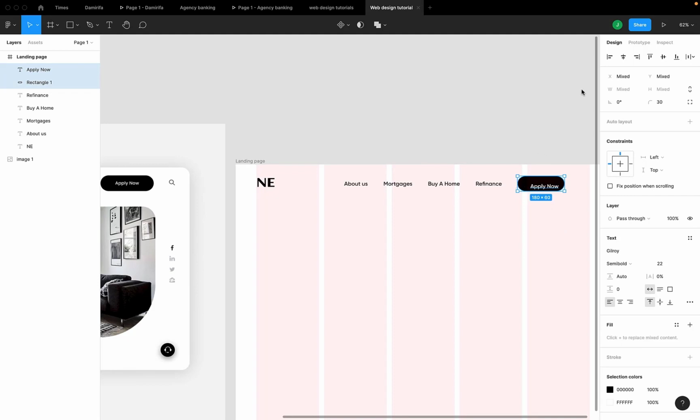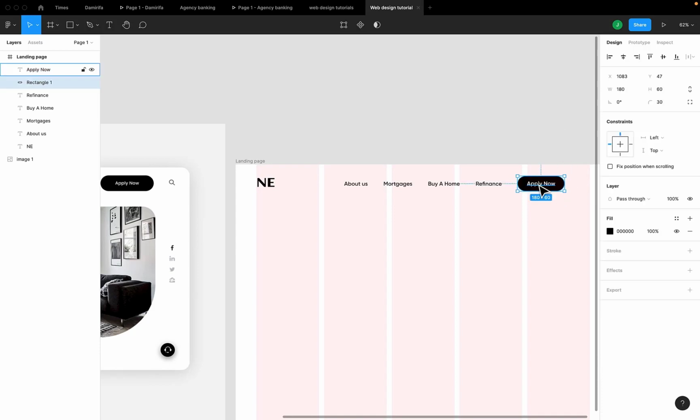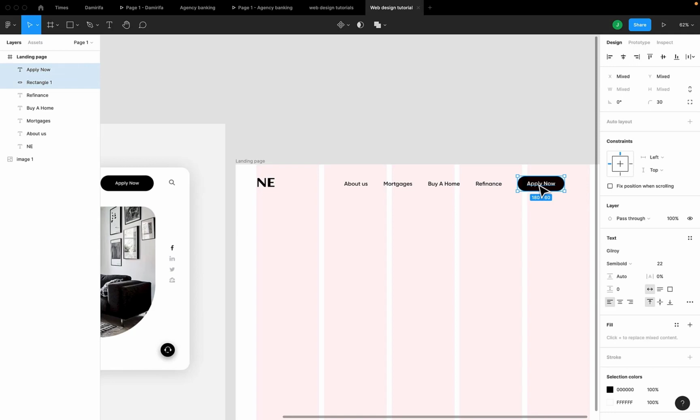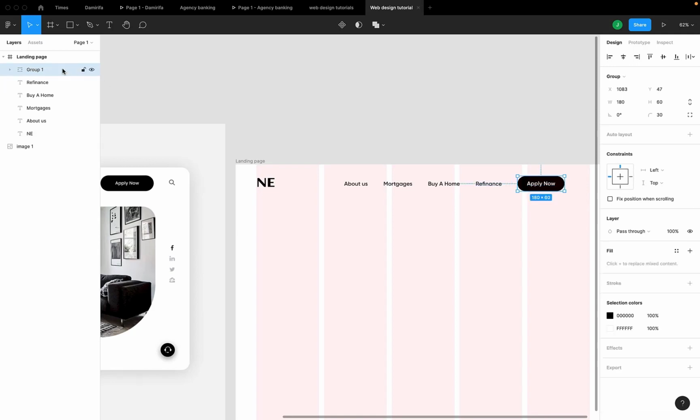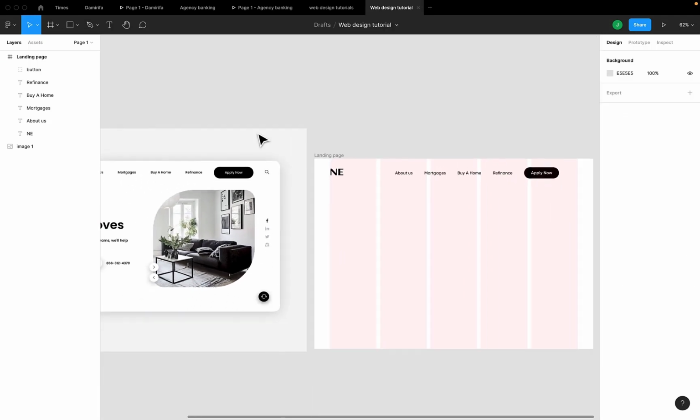The next thing I have to do is make sure the text is centered both horizontally and vertically in my button. So I'm done with that now. The next thing I'm going to do is group both the text and the shape. After grouping it, I'm going to rename my group to buttons. Okay, so the next thing I have